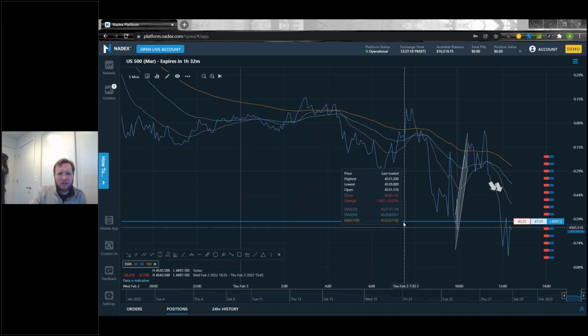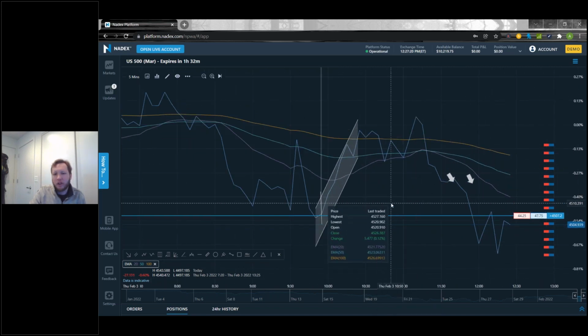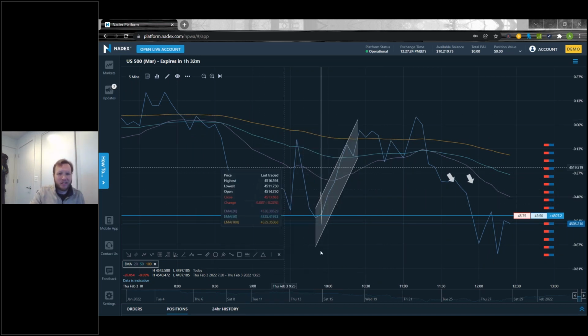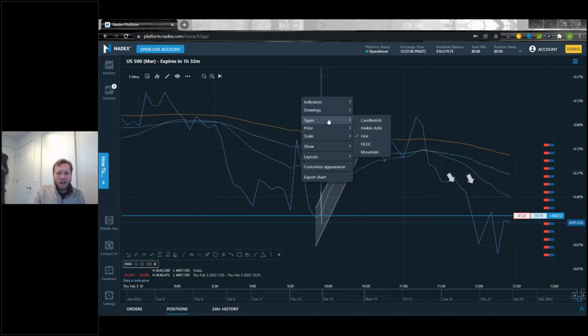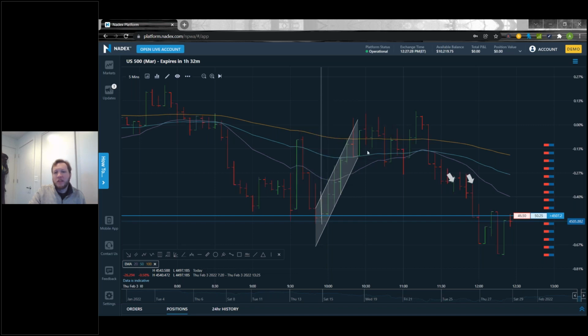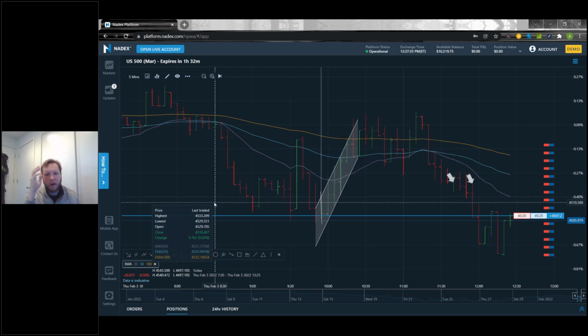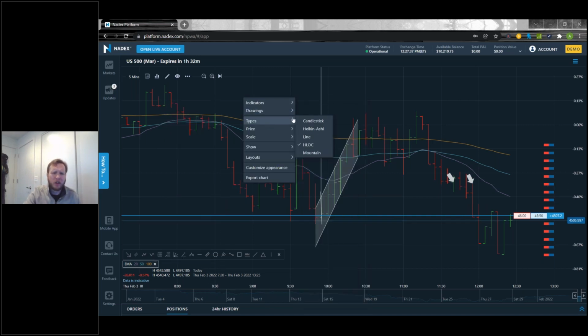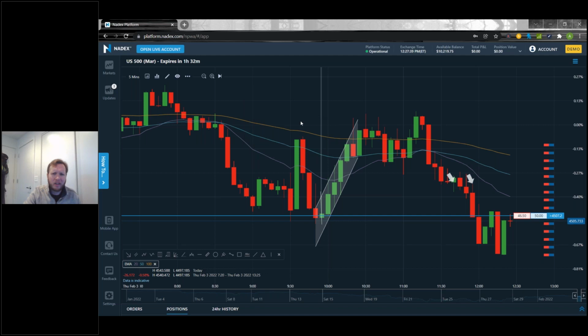Moving on down, we have our line chart, and I'll zoom back in here. We have our line chart, very basic, should be able to understand it. It's just the line chart. We have our HLOC chart. So this is basically a chart that's going to give you the same information that is on a candlestick chart. So you'll see if we actually go candlestick, HLOC, it's sort of just like filling in